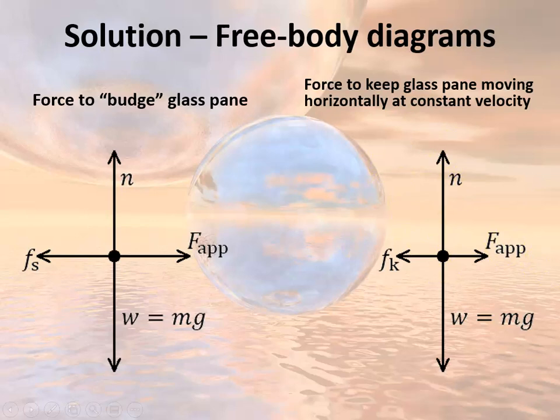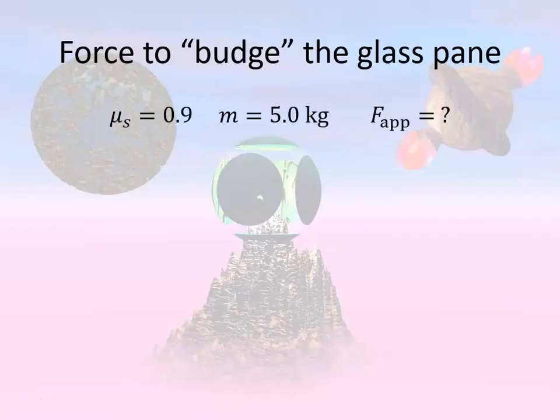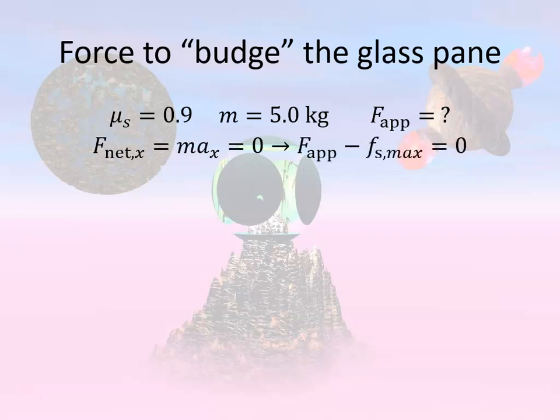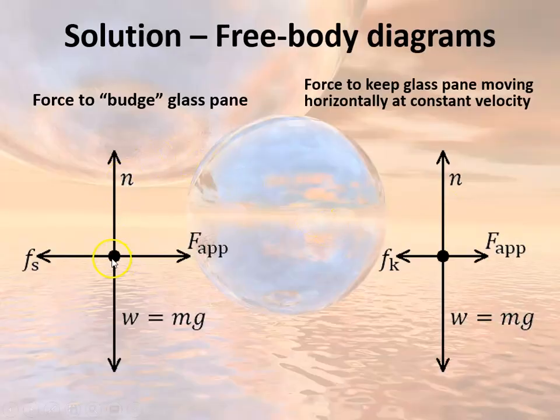Now, what about the actual calculations? To initially budge the glass pane, let's write out our givens. We have a mass of the glass pane, a coefficient of friction. At just the limit, just before it budges, the net force in the x direction is 0. Something to keep in mind is that the force of static friction is a maximum force. Before you start pushing on the glass pane at all, there's no static friction acting on it. If you push it with just a very tiny force, there's going to be a very tiny static friction force opposing your pushing. As you increase the applied force, the static friction force becomes larger and larger